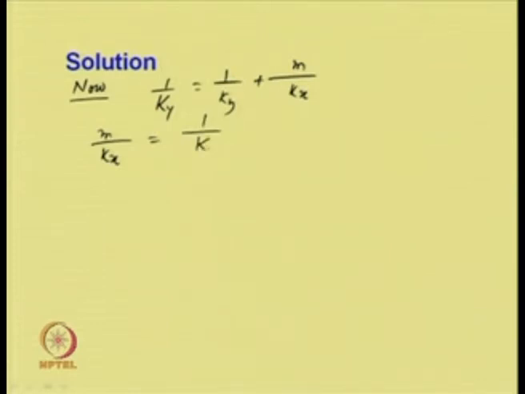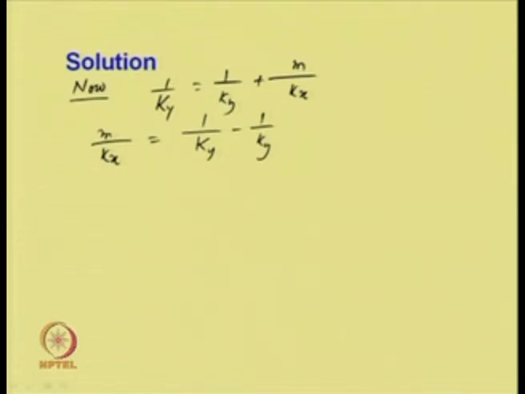We know that 1 by capital K y is 1 by small k y plus m by k x. So, m by k x is equal to 1 by capital K y minus 1 by k y,